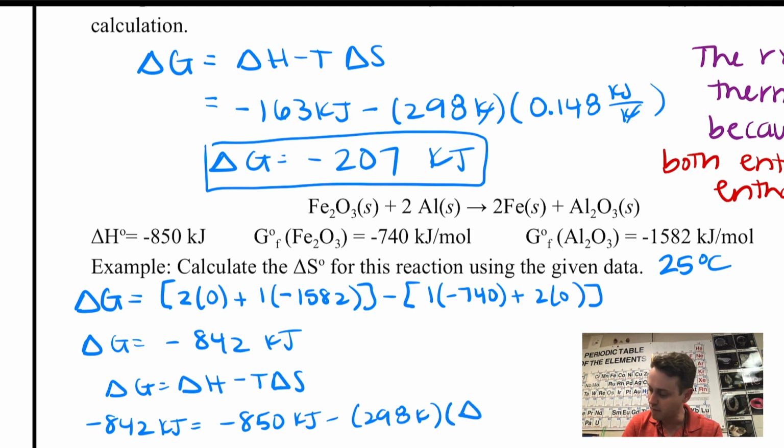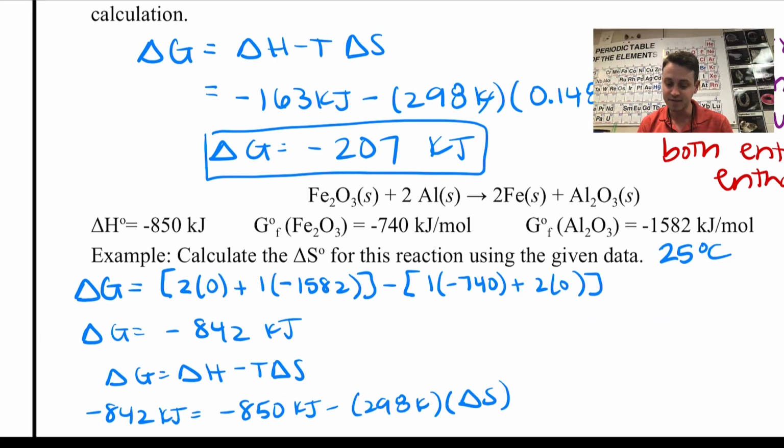And we are solving for delta S. So I'm going to do negative 842 plus 850, so that's 8. And I'm going to divide that by negative 298. And I got that delta S is negative